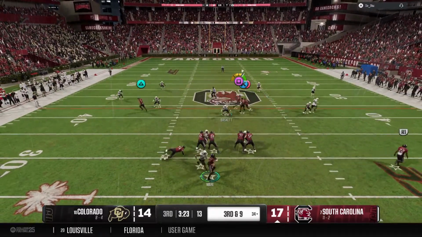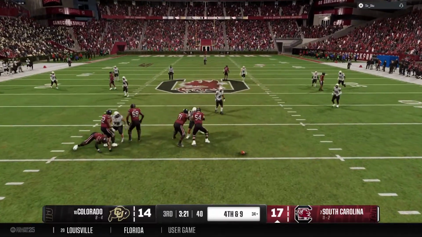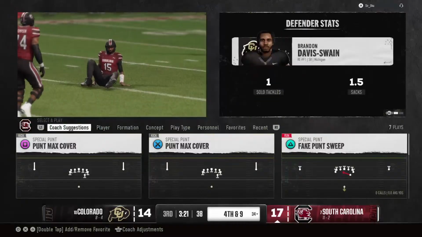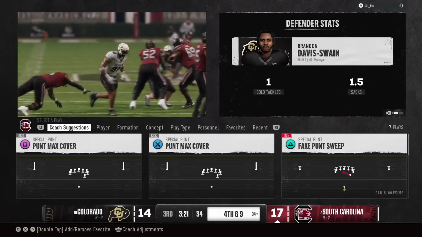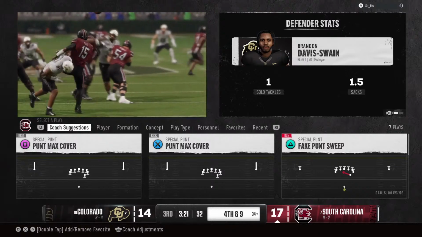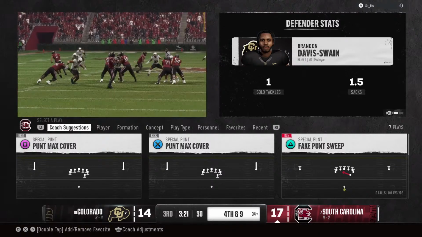Dropping back. We're going to throw for the first down. Incomplete. He was hit as he threw the football there on 3rd down. Well, the defense picks the right time to get after this quarterback. 3rd down, critical down and distance.